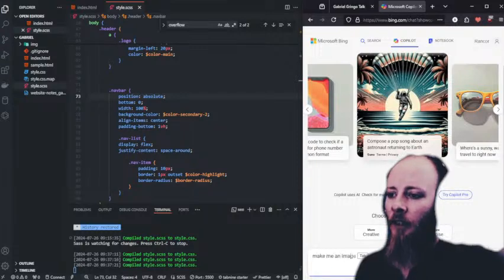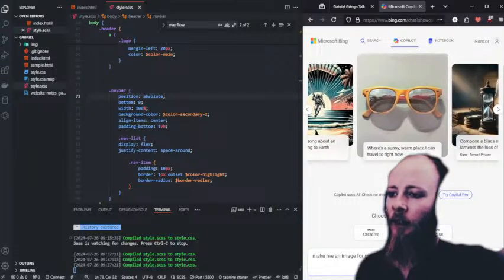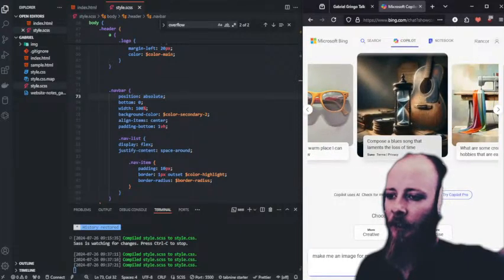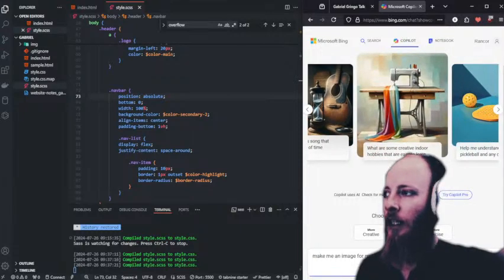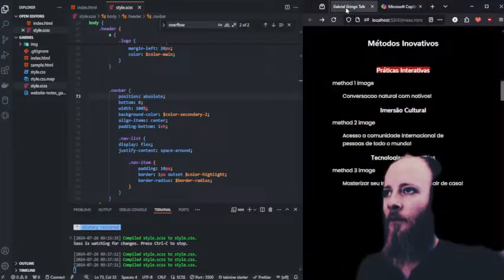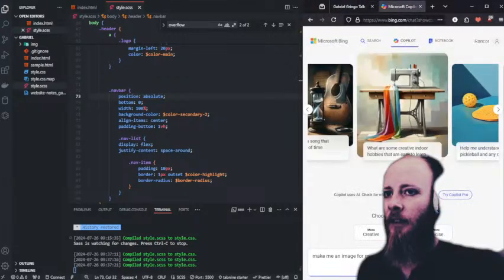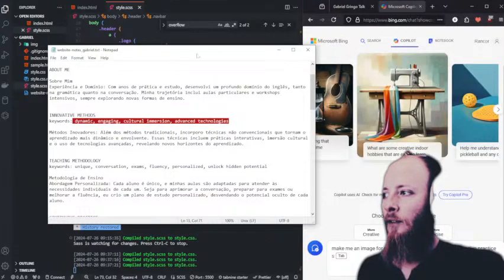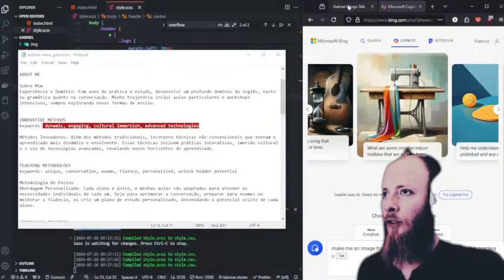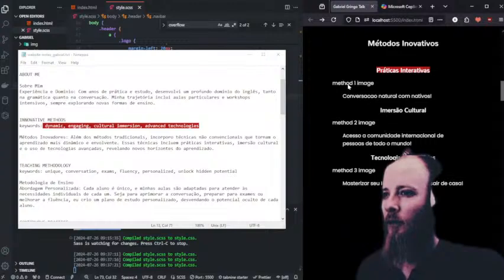Make me an image for my website in the innovative, in a section called innovative practice. Innovative practice. And then the first one was called practical,